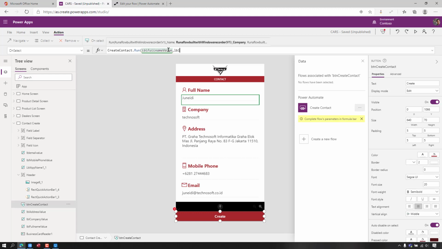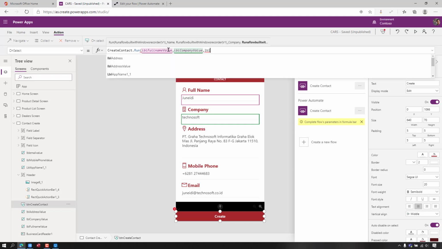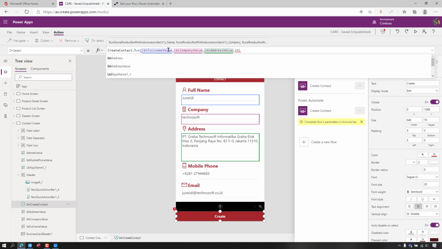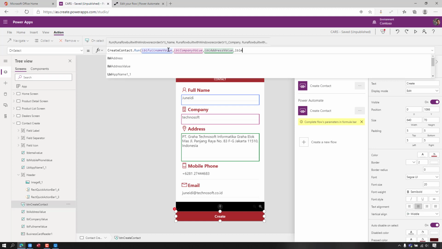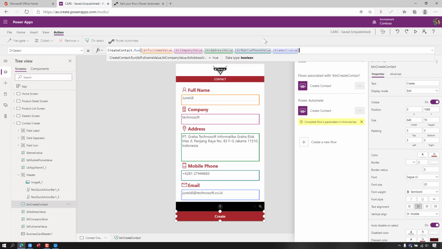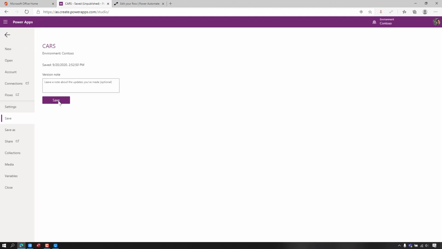As you can see, when I'm typing, the color is changing based on the fields that I select. Here just type in the mobile phone value, and the last one is label.email. Then you see this color matches the field that I selected. Just close this one, and then we save it.